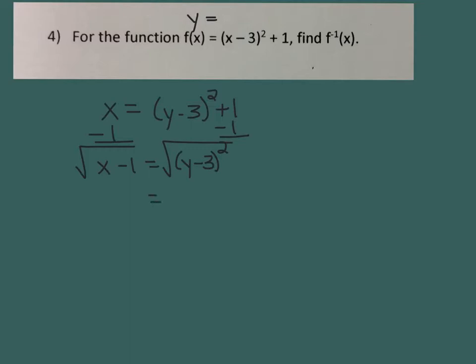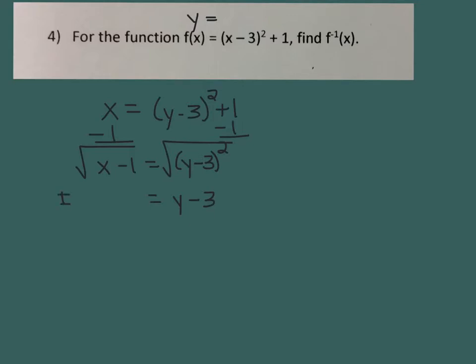So let's start with the right side. On the right side, the reason we did that is because a square and a square root cancel each other out. So I'm just going to take the y minus 3 and just bring it right down. And on the left side, don't forget when we take the square root, this squared right here, we have a y squared, it's telling us we're going to have 2 solutions to this equation. So when we take the square root of both sides, we need to remember to include our plus and minus in front of the